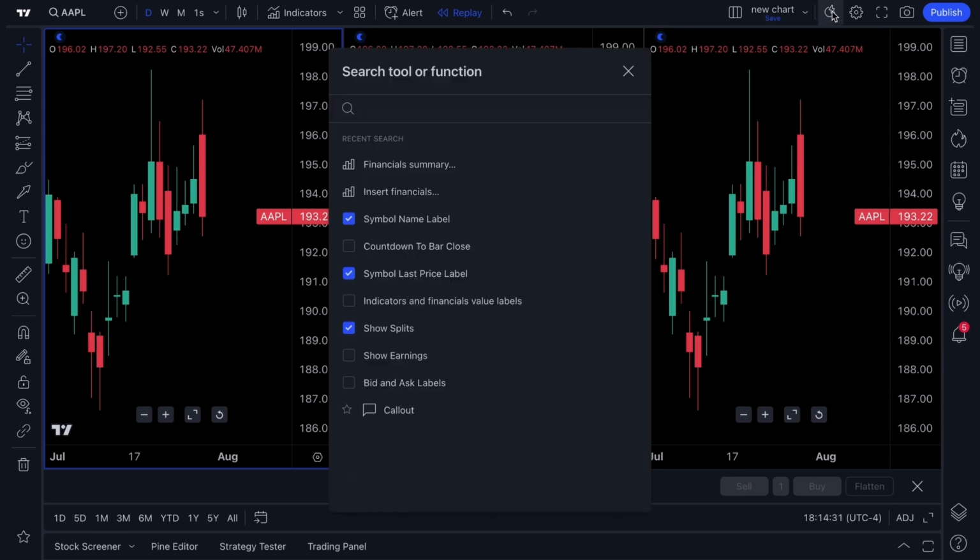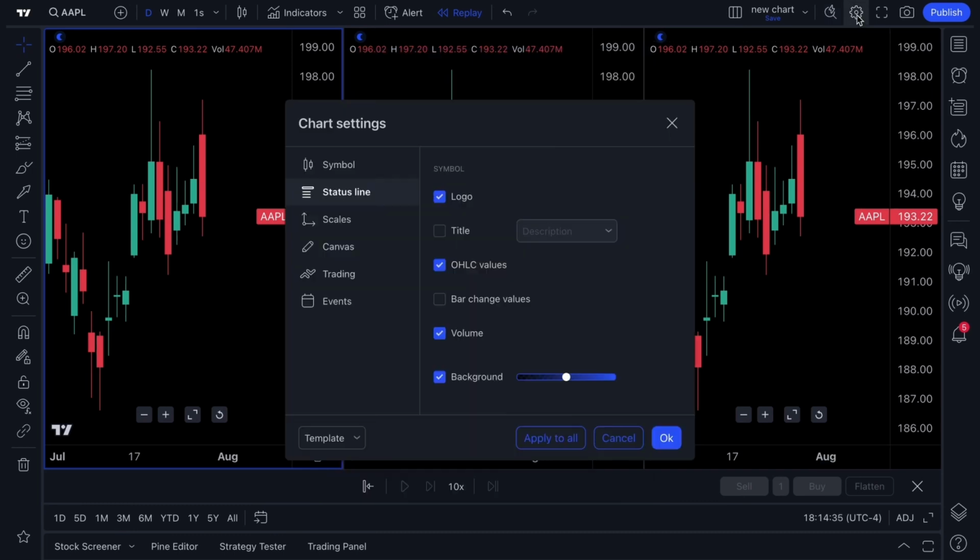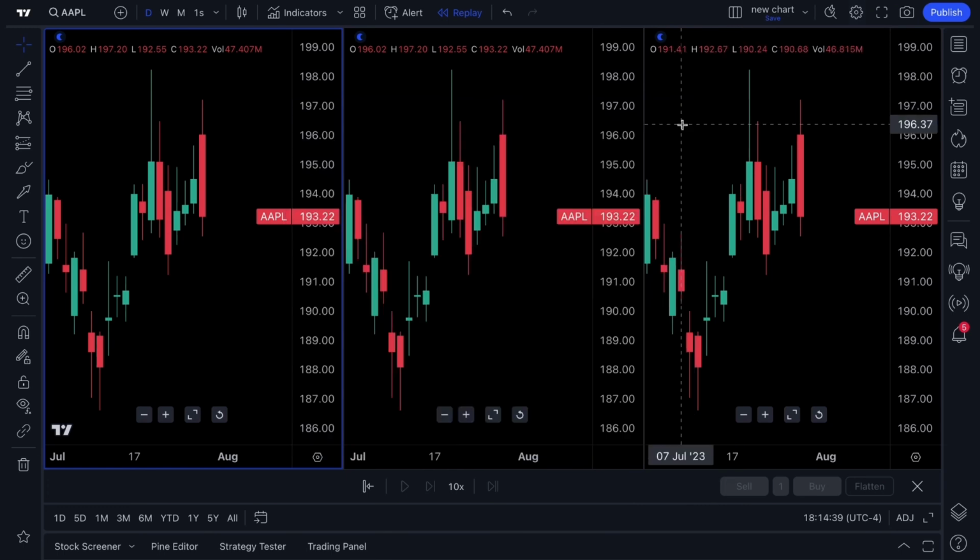There's quick search, so you can quickly find specific tools or functions on the chart. There's a settings menu, there's a full screen mode, there's a snapshot mode, and of course there is a publish button where you can publish your research to our social network. Let's keep going because the tools on the right are where you're going to really want to understand, because there